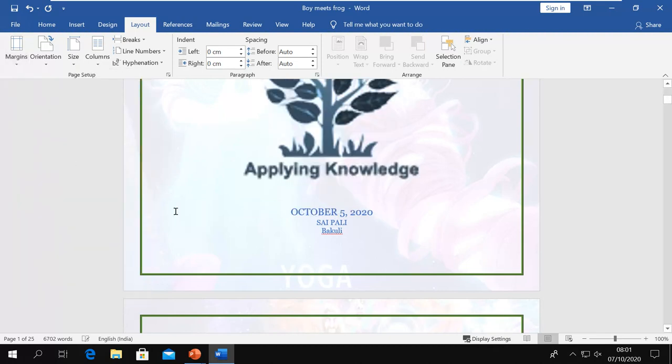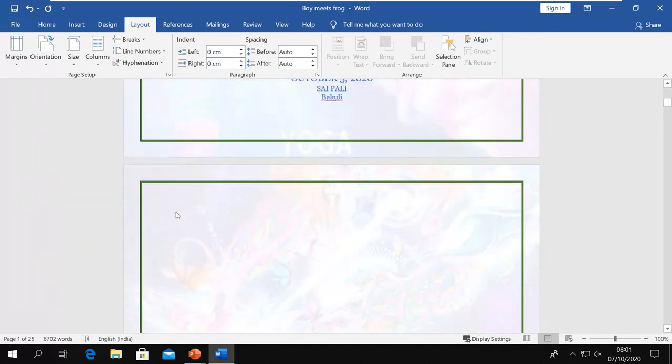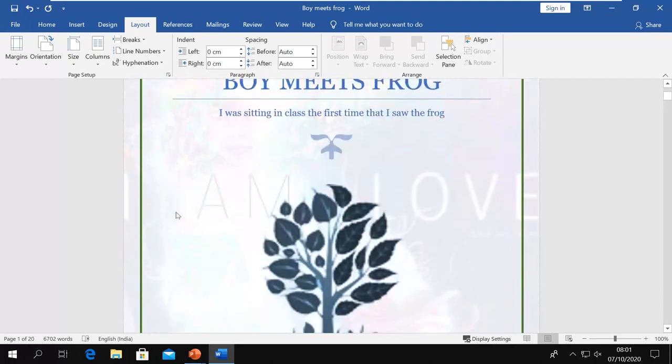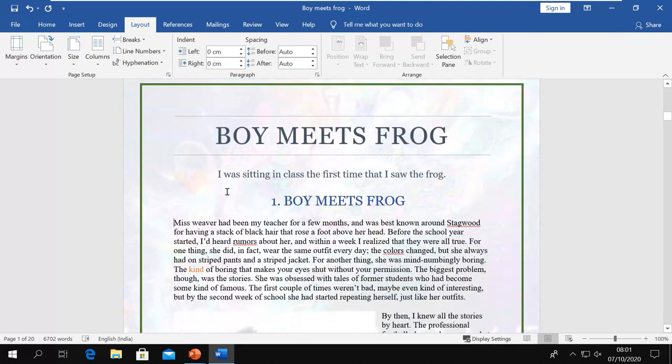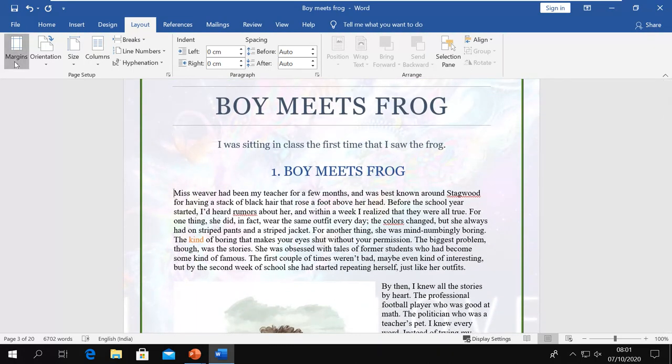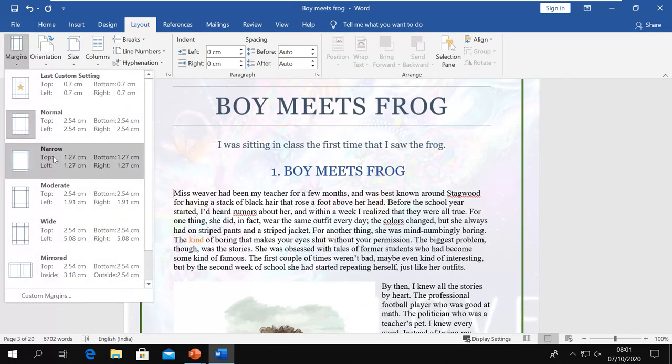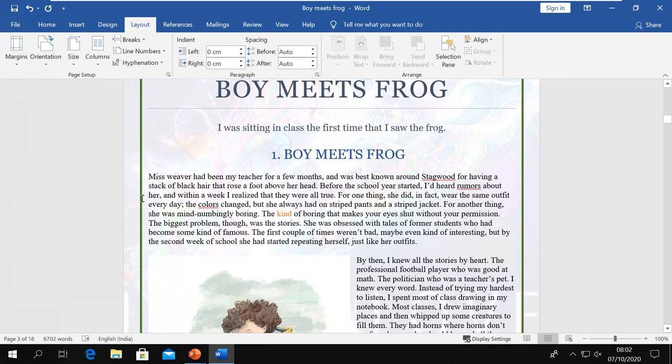So this is normal. In normal you can see our cover page is looking almost right. Everything is in place. Or even I can go for narrow. Now you see it reduces the size from the edge of the paper to our text.